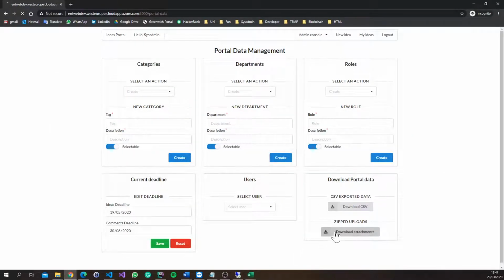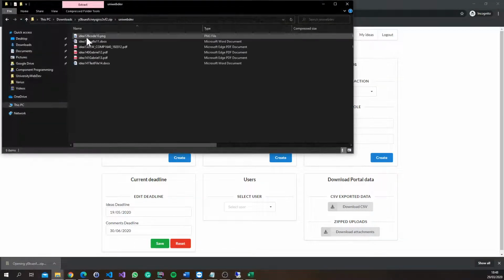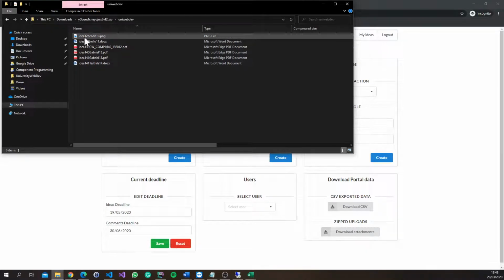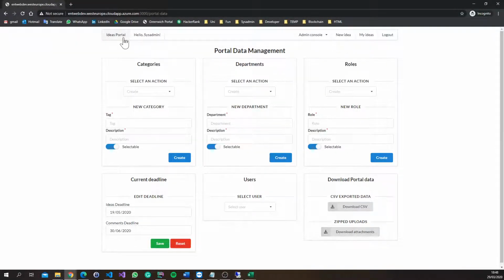And it's also possible to download all the attachments of the system. They are separated by idea and then the file name, so idea 126 is the ID 126, and so on. Now, going back to the users,